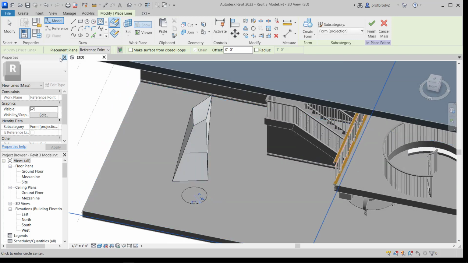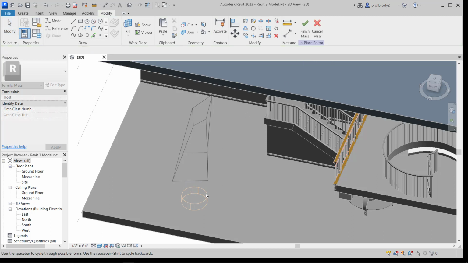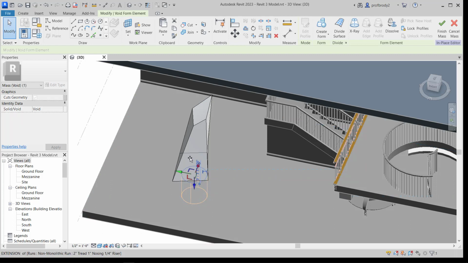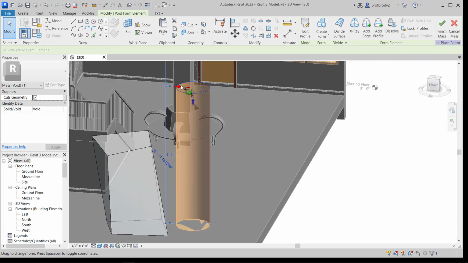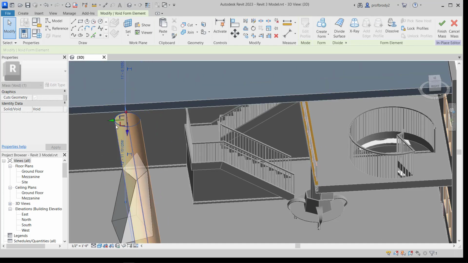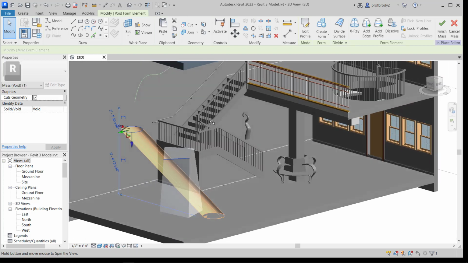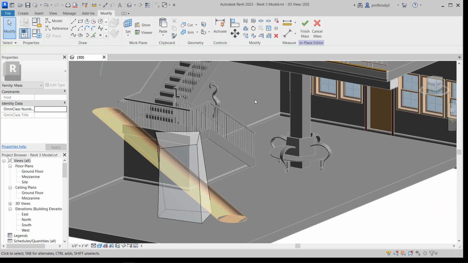I can draw myself a form and a circle and extrude it, but this time let's create a void form. And what it will do, it wants to know, do you want a circular form or tube-shaped form? And I can just drag this right up. And like before, I have handles that I can manipulate this object. It does get a little confusing because we are in three-dimensional space. So it's a lot like SketchUp in that you can easily get lost in where you are. But once you have created your void form, then usually if you hit Finish Mass, it will cut it